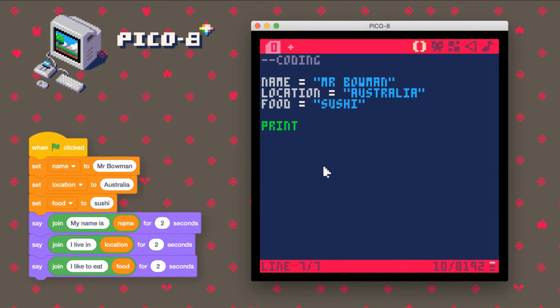Now notice when I type print, it turns green. That means that it is a particular command in Pico-8 that will actually execute a piece of code for us. And it's just like a code block in Scratch. Whenever we see a different colored command there, whether it's green, it might be red, what we're actually doing is we're actually executing a code block, and it's saying this is a very specific word in Pico-8 that actually means